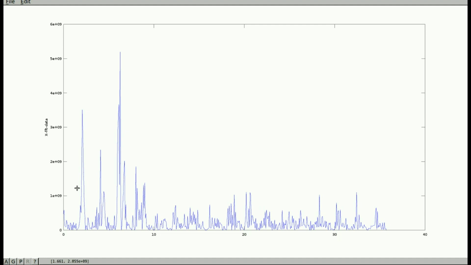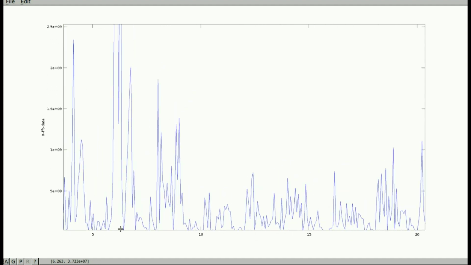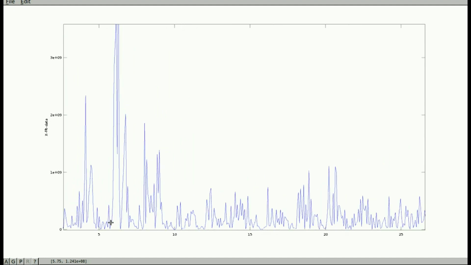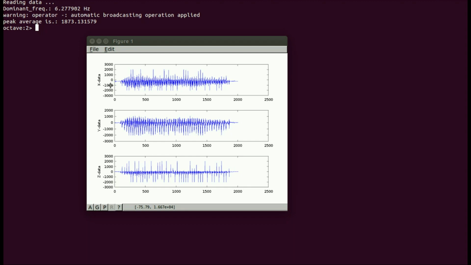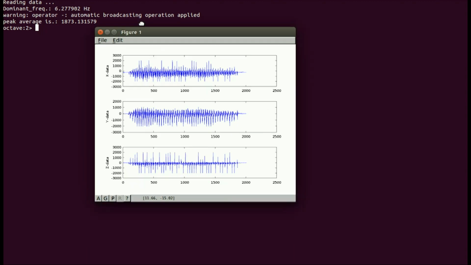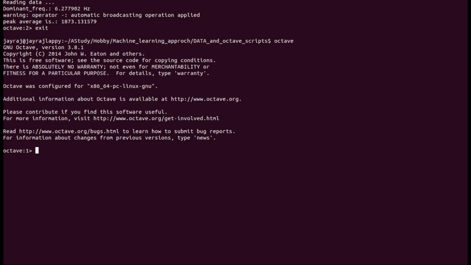If you can see here, at a frequency around 6 Hertz we have a peak, and the frequency with the highest amplitude is called the dominant frequency, which is what I have computed in the later part of the code. This is again visualizing the same thing. I don't need to go through it now, and I'm printing it here. So the dominant frequency was around 6.